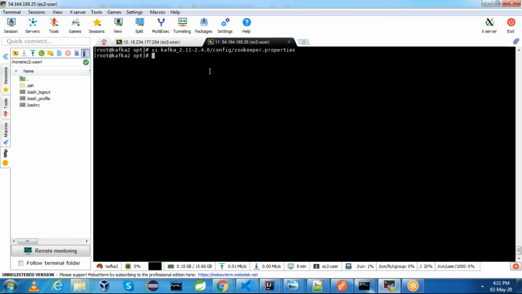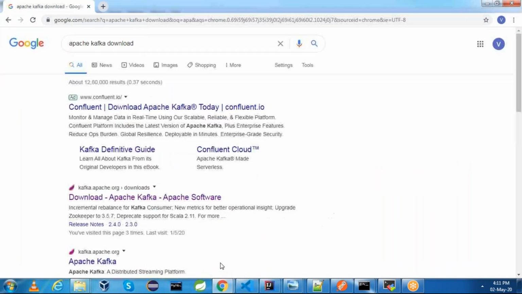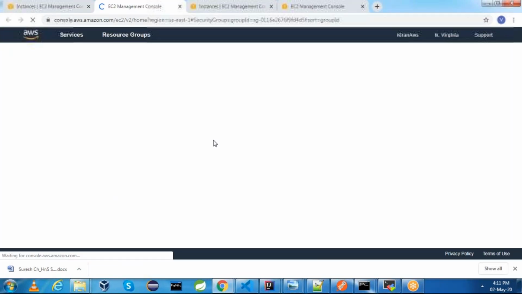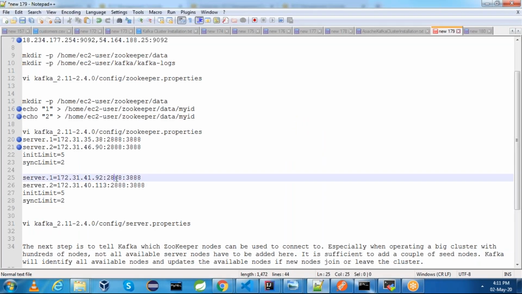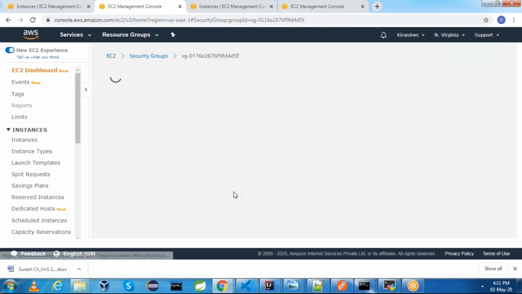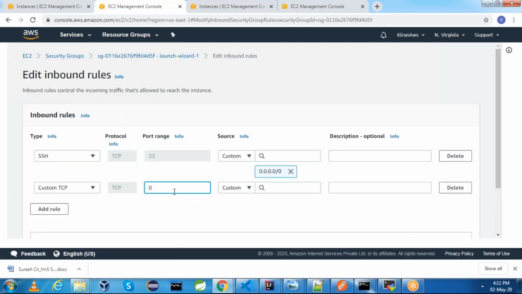Next thing, we need to allow security groups. Go to the UI, go to security groups and allow ports 2181, 9092, 2888 and 3888. Click on security groups, edit inbound rules, add rule for 2181.